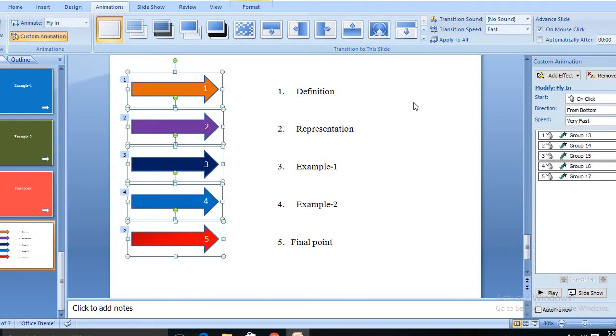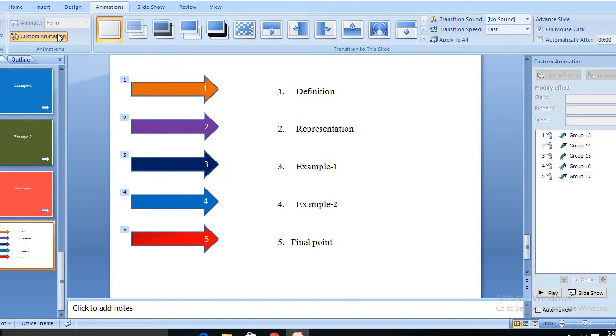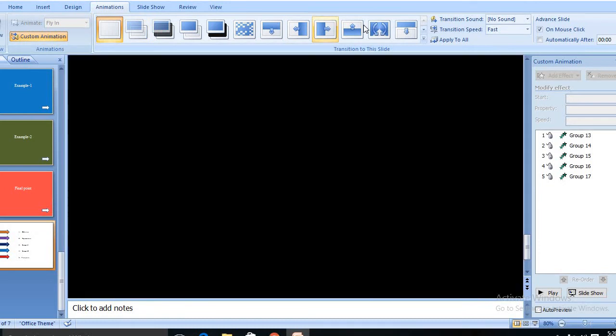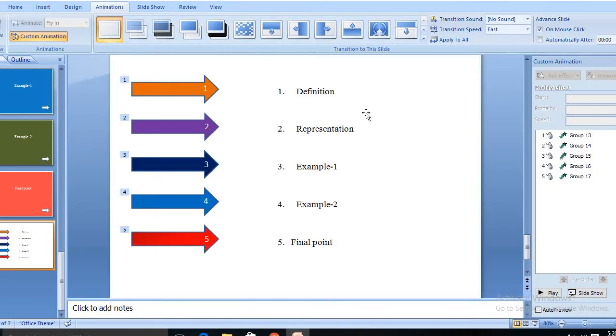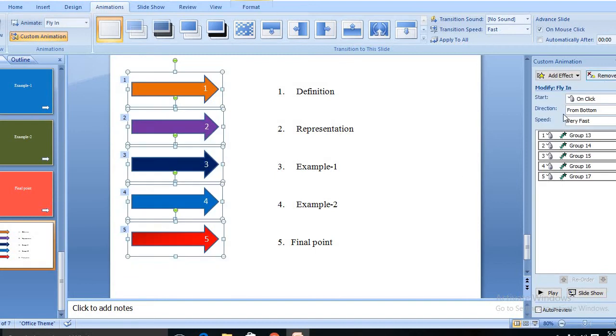Then after adding this, direction from left.